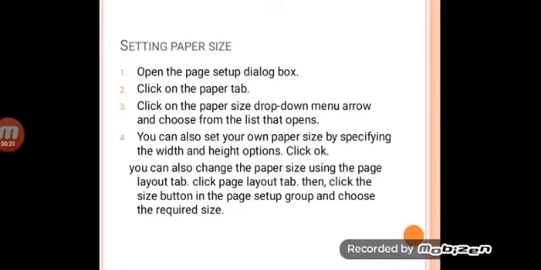You can also set your own paper size by specifying the width and height option. Click OK. You can also change the paper size using the Page Layout tab. Click the Page Layout tab, then click the Size button in the Page Setup group and choose the required size.